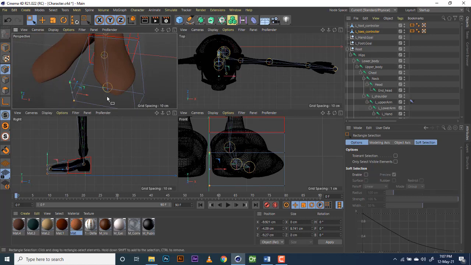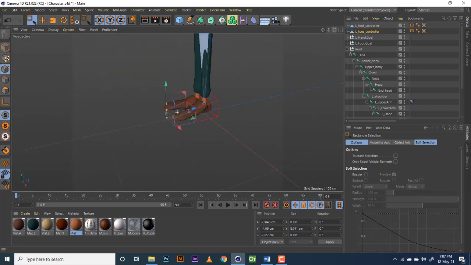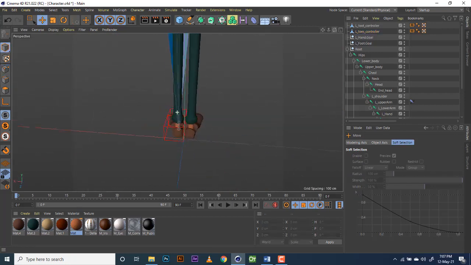Select this point and move it here, around here. Okay, this is enough for us. Now we've done with creating the